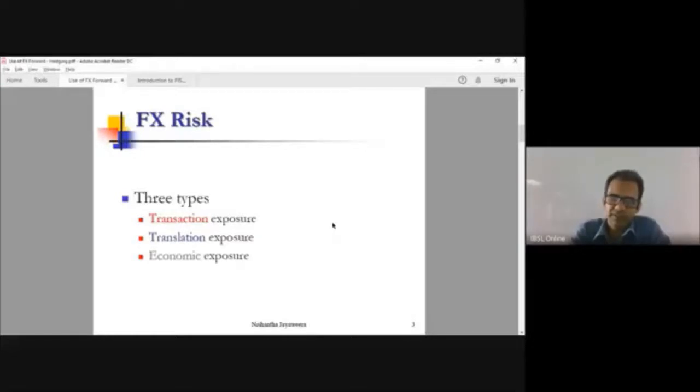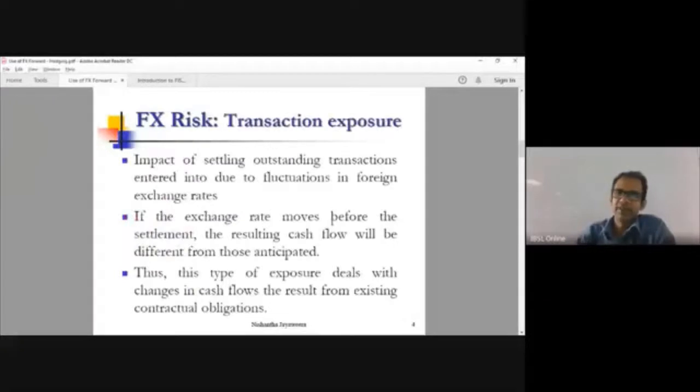So FX risk, there are 3 types. First one is transaction exposure, then translation exposure, and the last one is economic exposure. You might have come across these words. When we say transaction exposure, that is the exposure that anyone can get into due to a transaction that you have entered. You have entered into a transaction which involves foreign currency, then you get the transaction exposure. So for example, an exporter